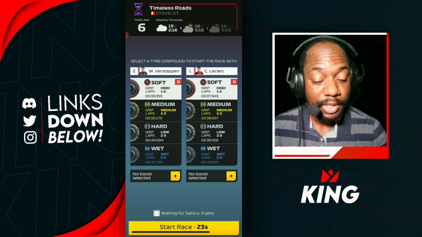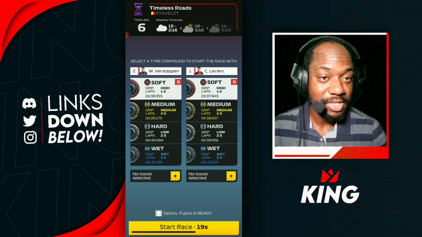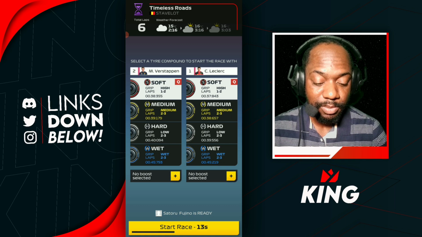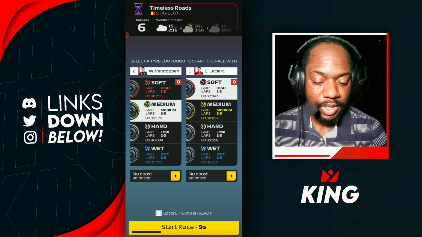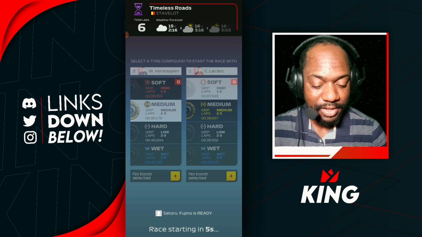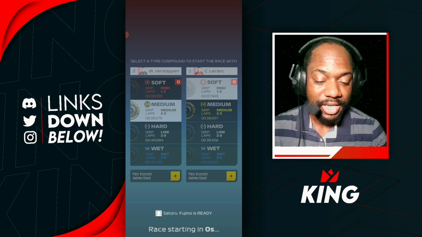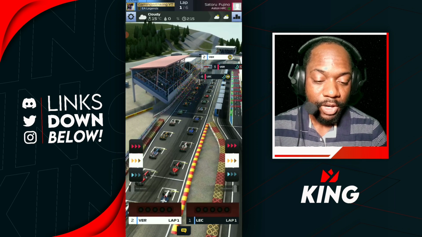Now with this setup, the best tire compound to use is going to be the soft tires and the medium tires. If you can stay away from the hard tires as much as possible running this setup, then it will be better off for you. But the medium and the soft tires are the best, especially the soft tires. This setup comes alive on the soft tires 100%. All right, so